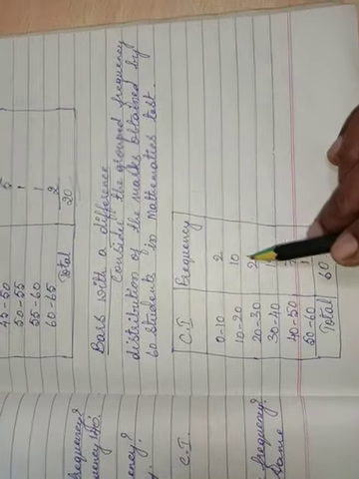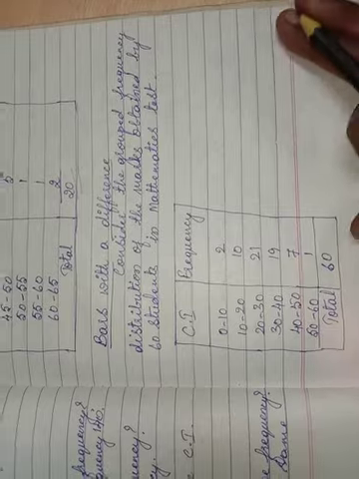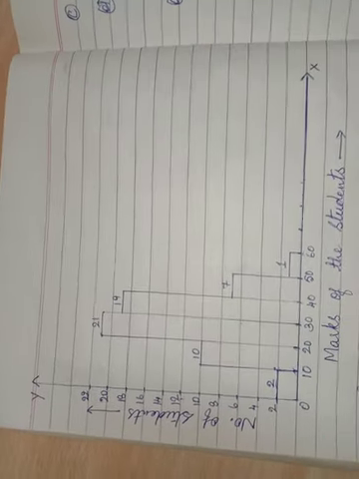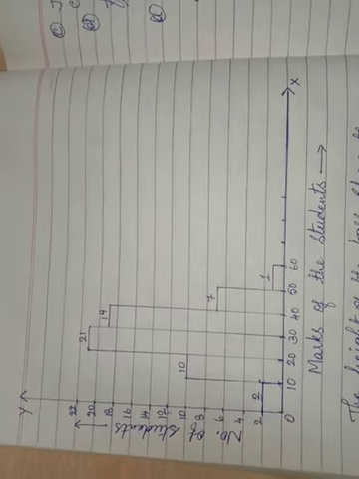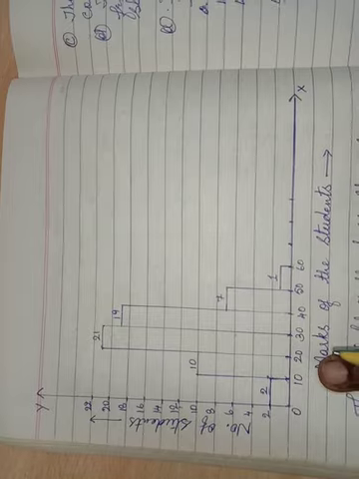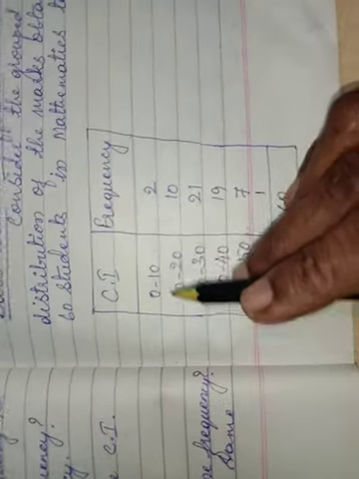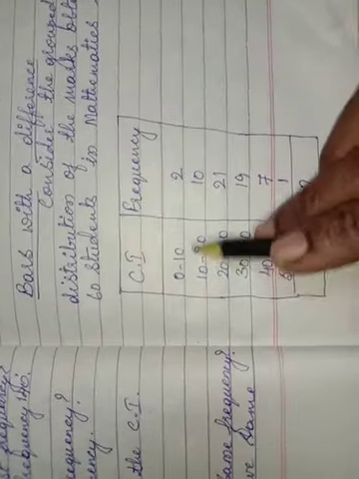Here the frequency they have given is 60. Okay, the total is 60. Now here you can see how we got this one. See, 0, 10, 20, that is 0 to... class marks of the students. Okay, marks of the students, that is the class interval. Okay, 0 to 10 onwards.